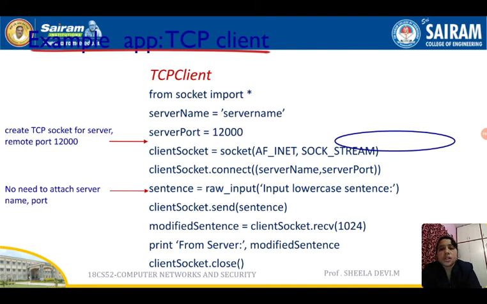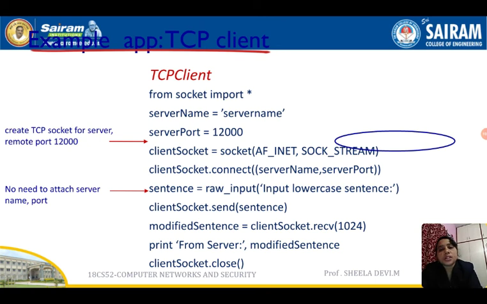So it is saved in the variable called sentence. The set of characters is saved in the variable called sentence, and it is going to send this sentence to the server. How can it send? Through the client socket. So client socket dot send of sentence. Clear? So what is there in sentence? A set of characters. It can be, my name is Sheila. So this is my sentence. Okay, so this has to be converted.